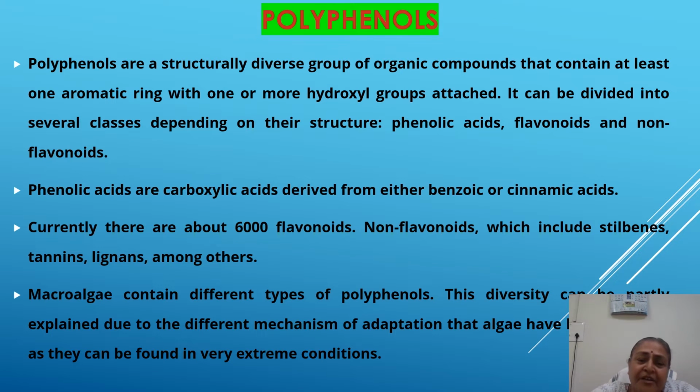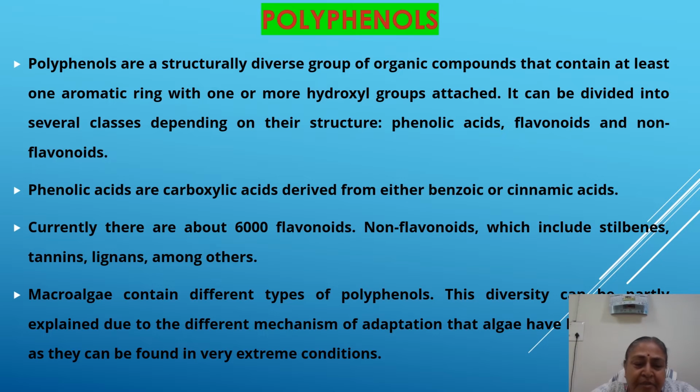I don't have to discuss more, but these phenolic compounds are rich in carboxylic acids and benzoic or cinnamic acids, and these are the main components in its products. Currently there are about 6,000 flavonoids and non-flavonoids, which include the stilbenes, tannins, lignans, and others. The macroalgae contain different types of polyphenols, and this diversity